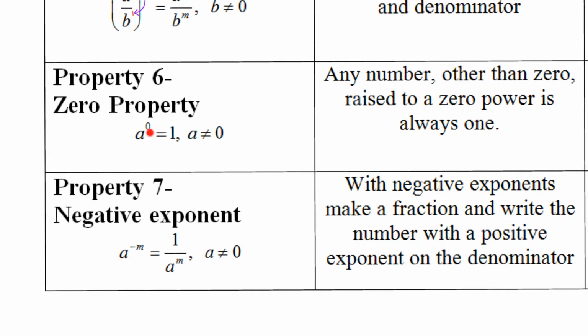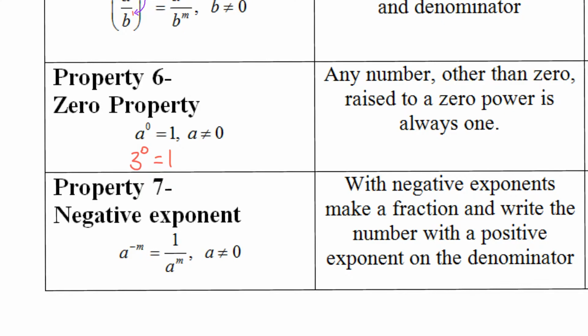So a to the 0 power equals 1. If you guys have a number, let's say 3 to the 0 power, that's going to equal 1. Now a, or the number, the base, cannot equal 0 because you cannot have 0 to the 0 power, but anything else